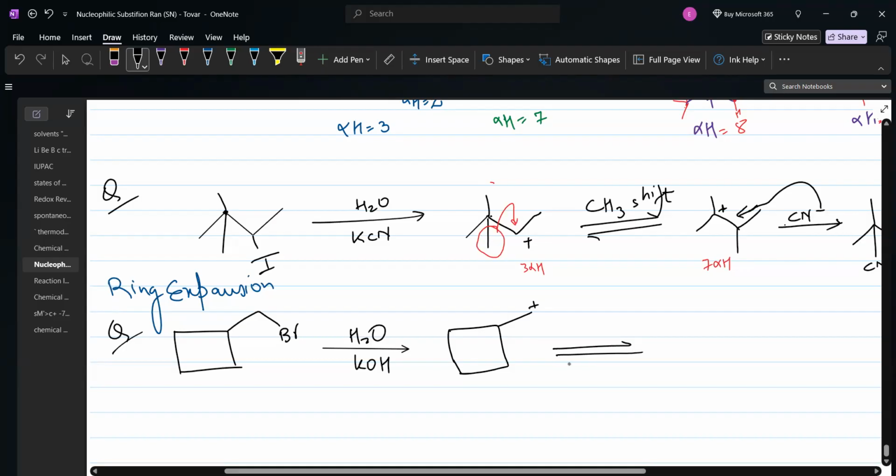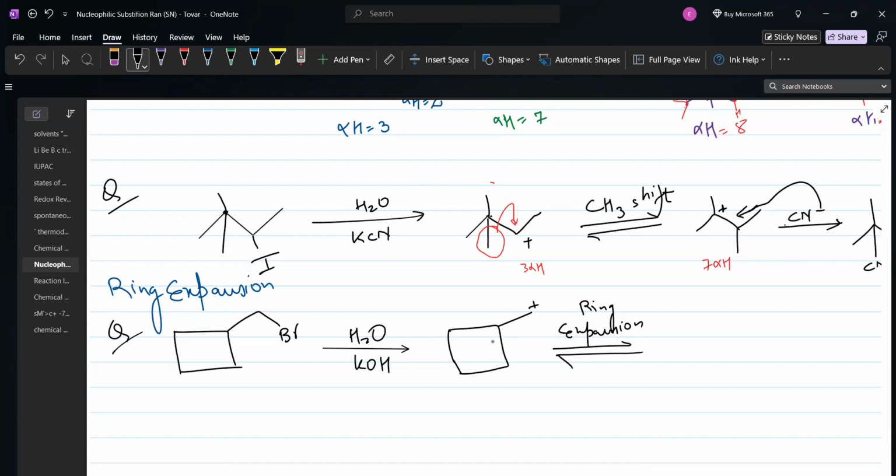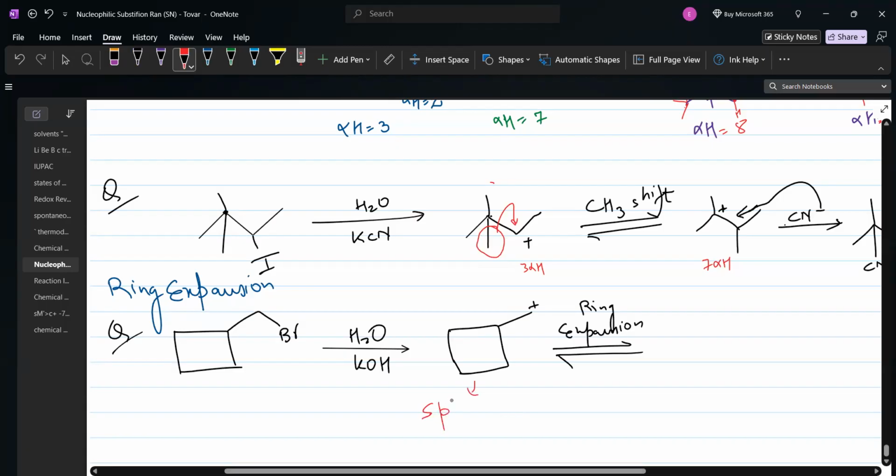Everyone? Yes, sir. And here a ring expansion will take place, and let's see how it takes place. Carbon-carbon bonds: all the carbons in this cyclic compound are in sp3 state, right? No double bond, so everyone will be sp3, right? So sp3 carbon should be at 109 degrees, but here what we see is 90 degrees. So there is some